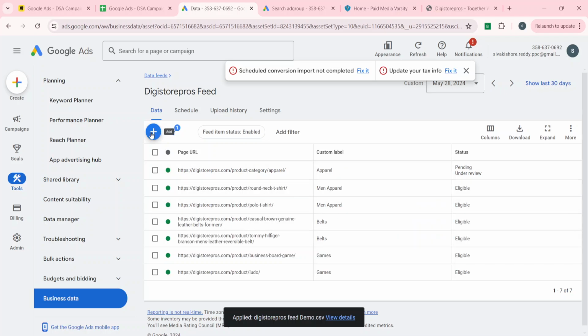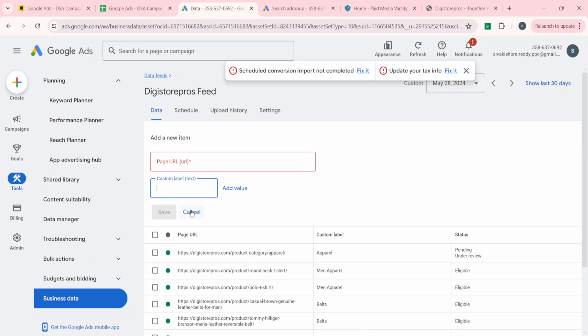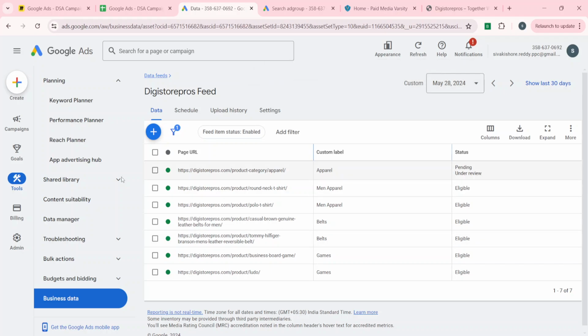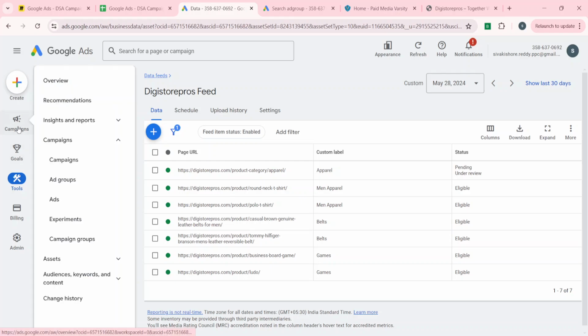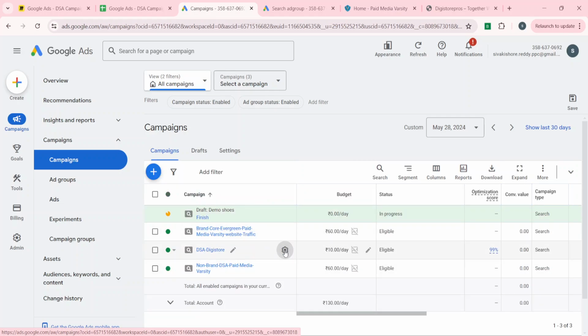Or if you want, you can also add manually here into the page feed. Click on it, and you give the URL, you give the custom label. Like this also you can add the page feed. After you give this page feed, and after it is approved by Google, you will be able to see the option that I have shown in the settings, right? Go to the campaigns, go to the settings,